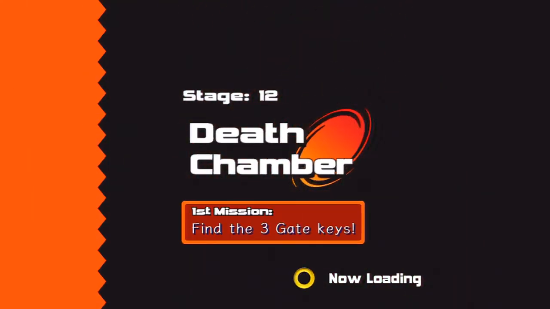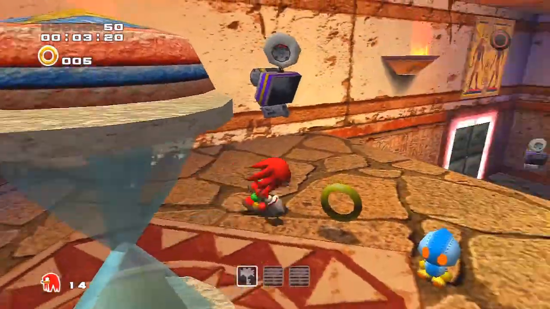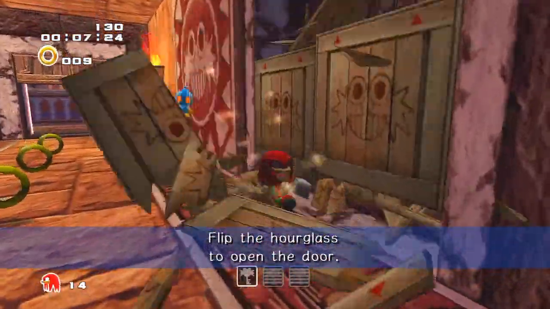Okay, so I thought about it more, and I think the reason I didn't get the A rank with Sonic there is because I skipped all those stages. I also skipped killing a lot of bad guys. But anyways, this is the death chamber. If you remember back to closer towards the beginning,